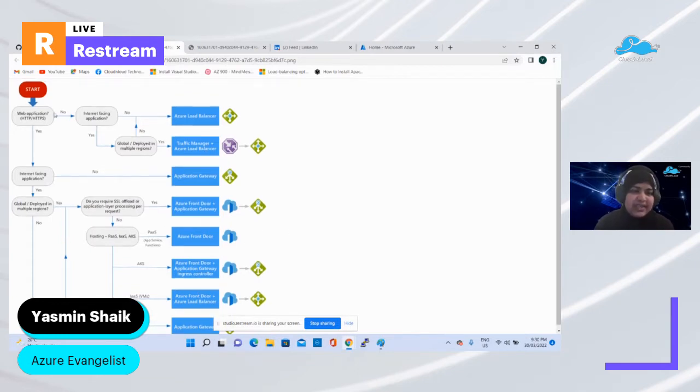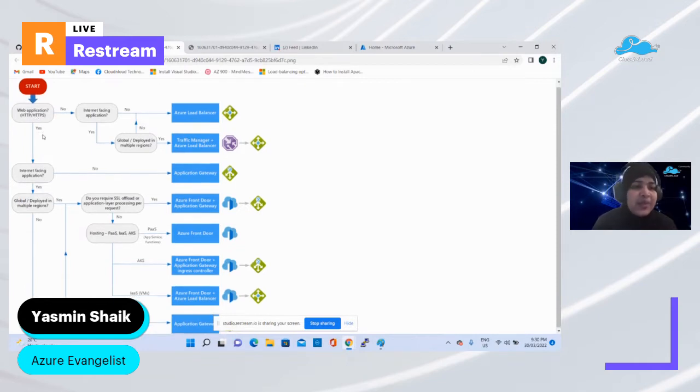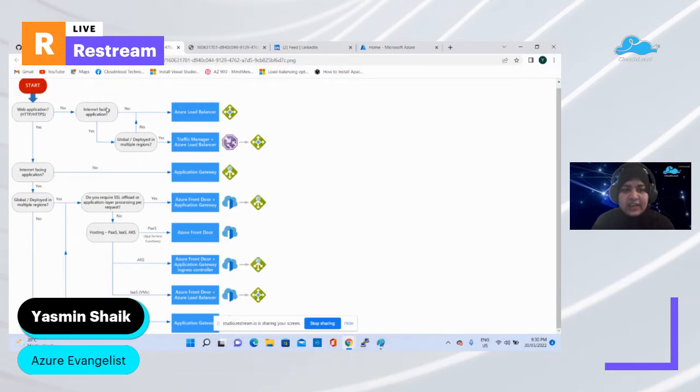For example, as shown in this architecture diagram, once the web application is coming, if it is not HTTP or HTTPS, if it is an internet facing, public facing application, and if you want to deploy it globally, then you can select Traffic Manager along with the load balancer.